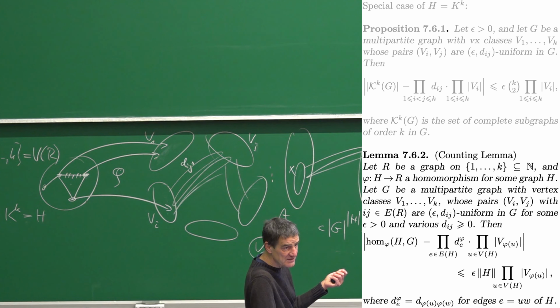And how many choices do we have to embed that vertex? Well, the order of that class. And that's how this comes about. We have to embed every little u, so for every little u we have this number of choices. So that's the right product here